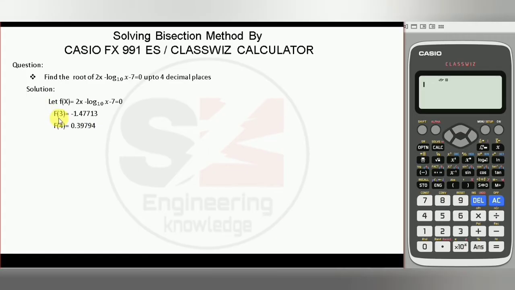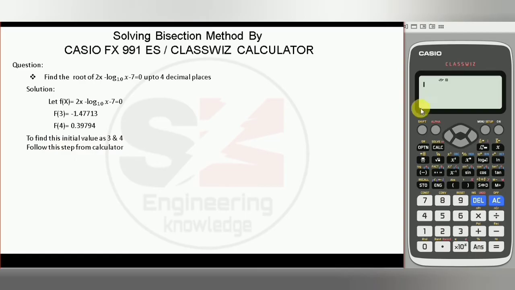The function of 3 and the function of 4: if we put the value of 3 in this equation, then we will get this value, that is minus 1.47713, and if we put the value of 4 in this equation, then we will get this value, 0.39794. We can also find this initial value 3 and 4